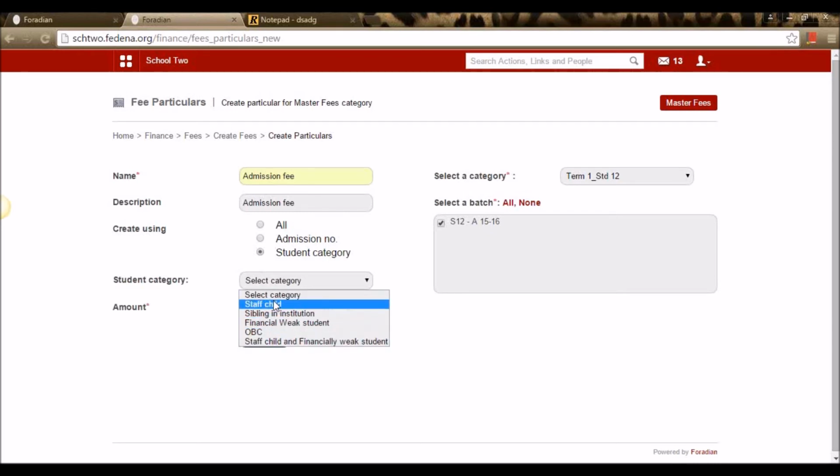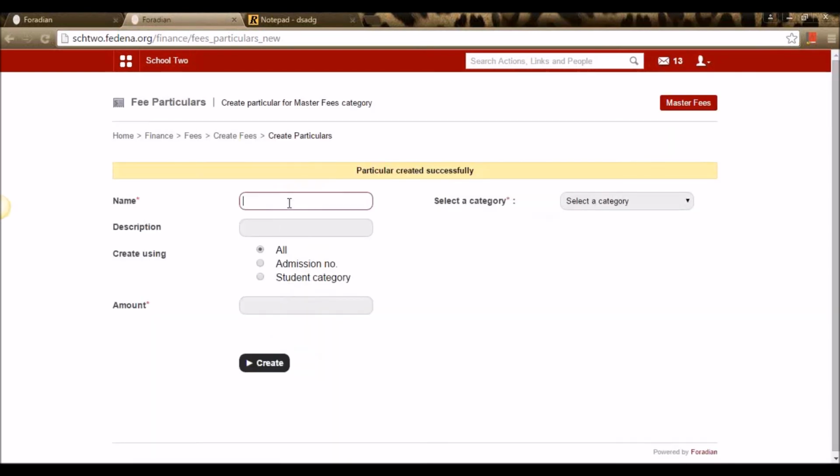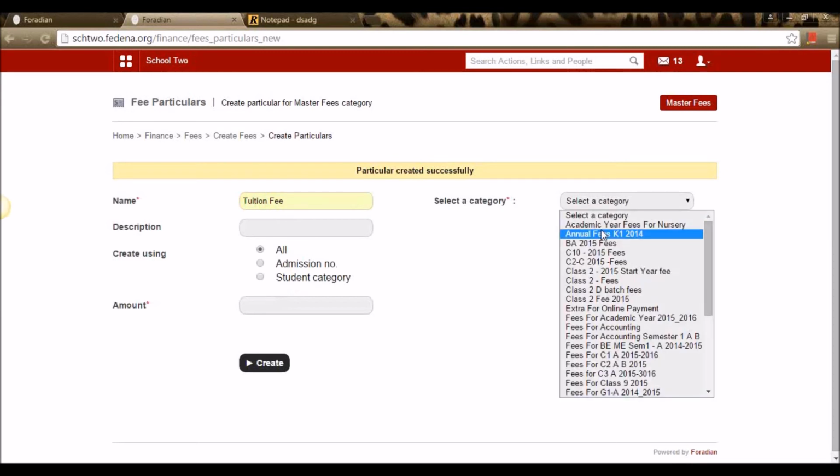In case I want to give this admission fee only for a particular student category, say staff child, I can choose it here, or I can choose the admission number option and enter the admission numbers separated by comma. Now since I'm giving it for all the students, I'm selecting all and entering an amount of 1000 rupees and creating it. Similarly, I can create more such particulars.